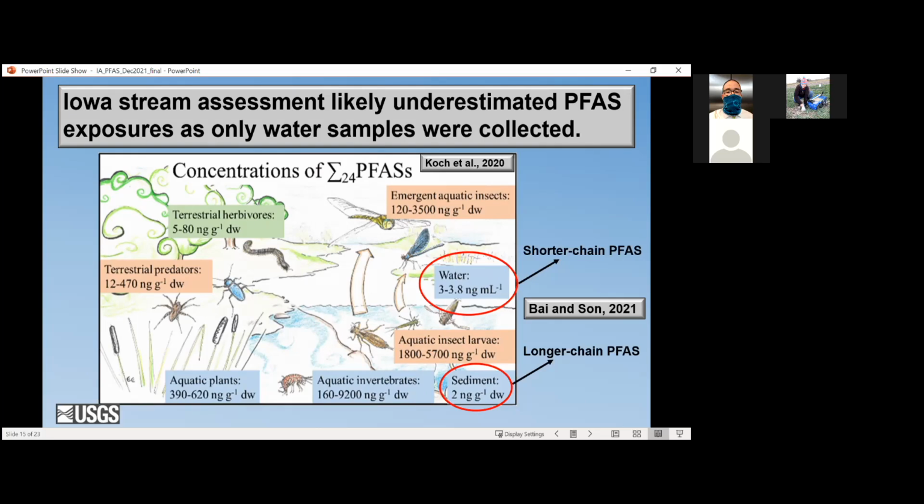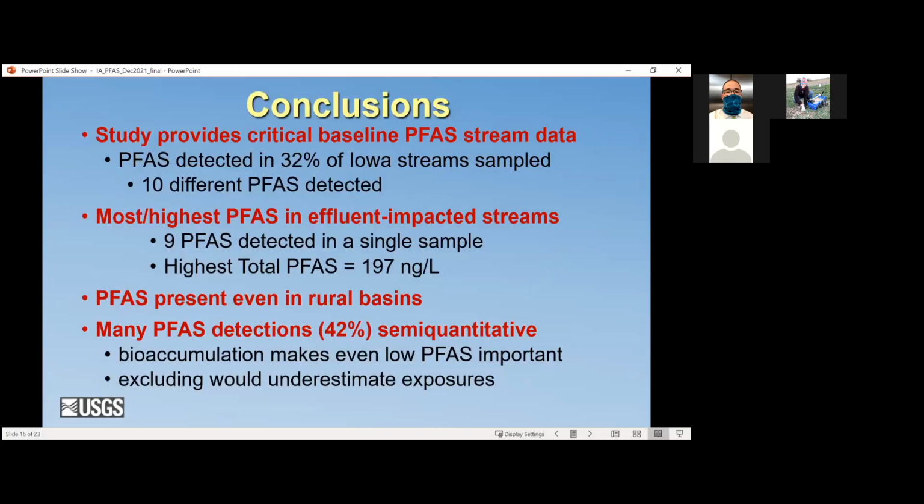So again, we only could do what we could do. We didn't have a sediment method at the time, but this was a good starting point to see what's in water and then move from there to get a better understanding. So in conclusion, this study did provide some baseline information that wasn't previously available. We did see that